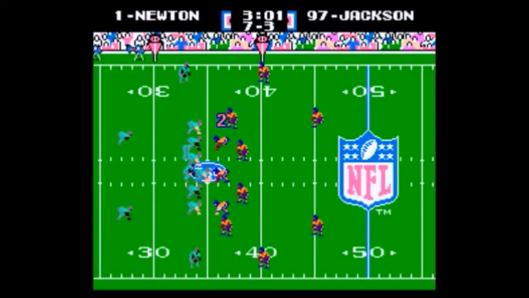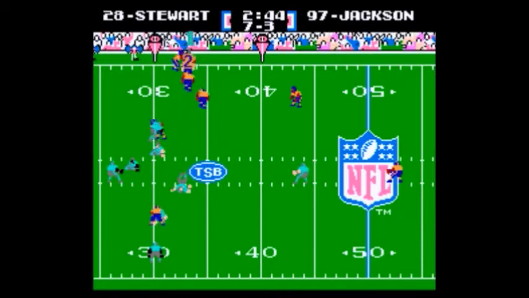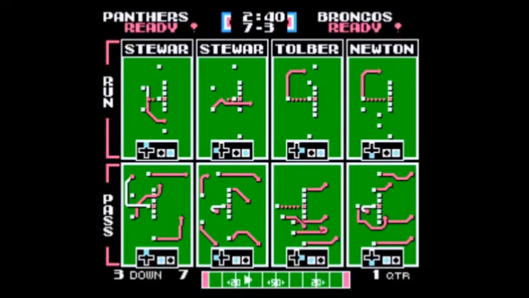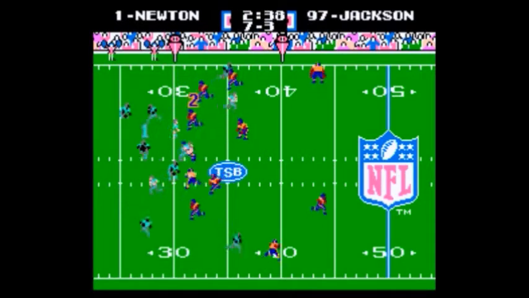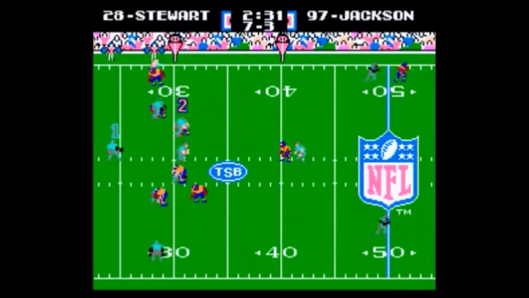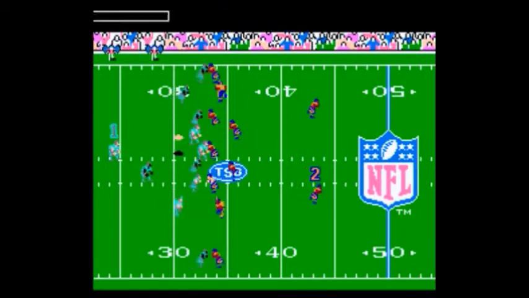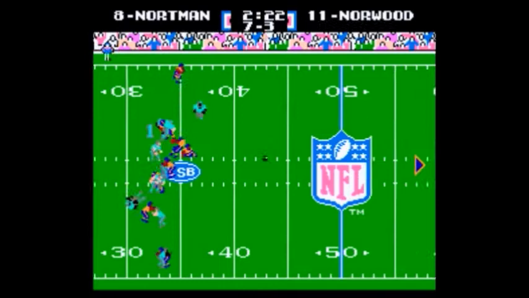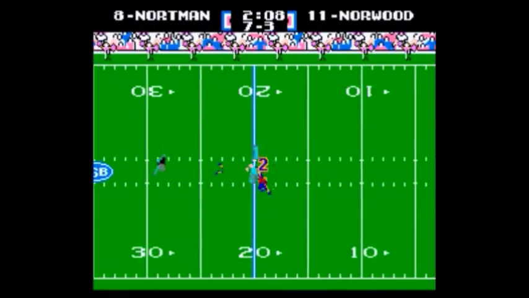So, again, the Panthers are imposing their will on this Broncos defense. You're going to have to wonder if that's going to even get worse, if they're going to wear them down. Jonathan Stewart this time makes the reception, although it's going to be a short gain, Bob. Yep. A little dump pass there. It was a nice catch by Stewart, but no gain, really. Minimal gain. Ooh, and again, going for the same play, going for the very short pass behind the line of scrimmage, really changing gears here suddenly is the offense for Carolina. Absolutely. It was a good defensive stand there. Definitely something the Broncos needed for this game.